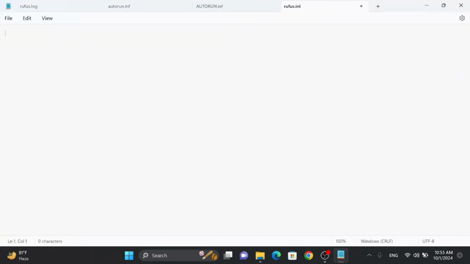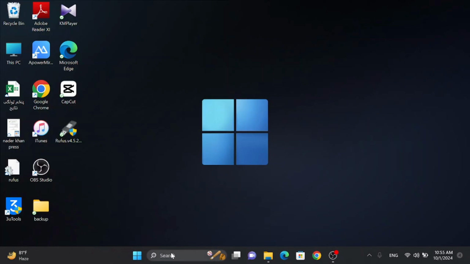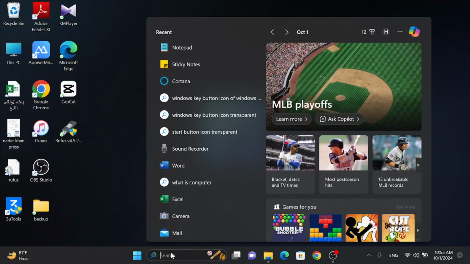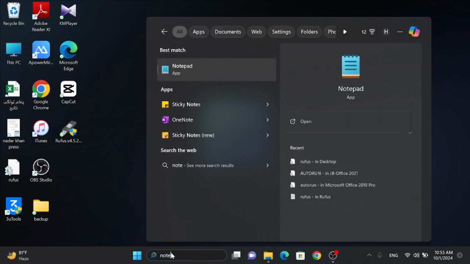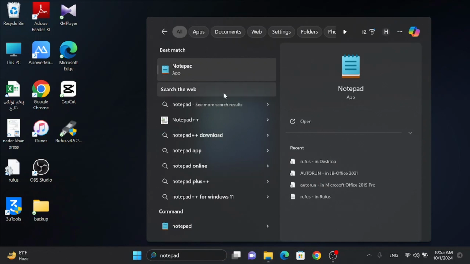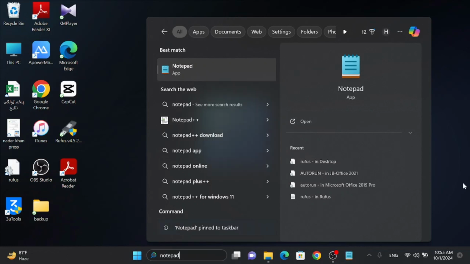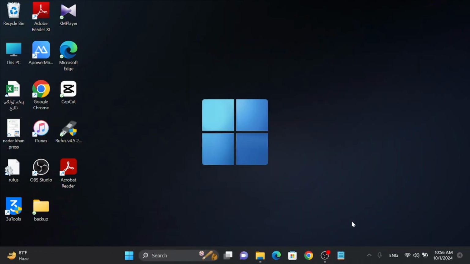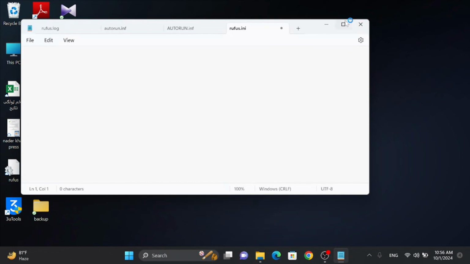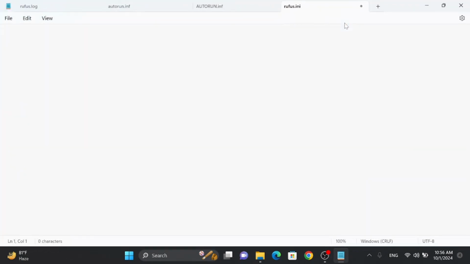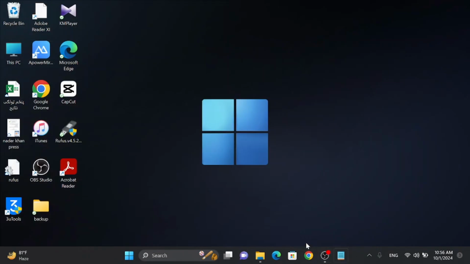So you can simply come to the search bar. In any application you can do this, I'm gonna give you the example. I'm gonna search notepad, and here right click on any application, right click on it. In here we have pin to taskbar, so I'm gonna pin to taskbar. Here I have got notepad, and whenever I want to open the notepad I can simply click it. So click on it, it's opened right now. So therefore this is the reason that it's called quick launch. It means getting something quickly. Okay,